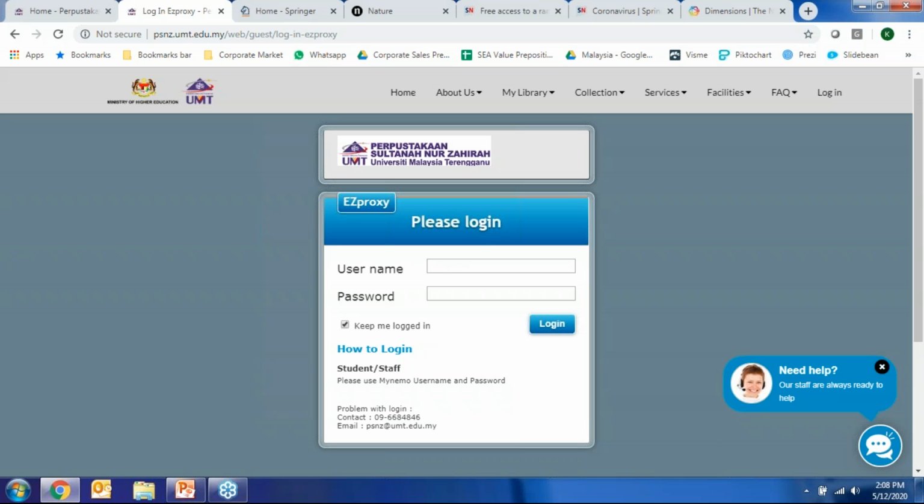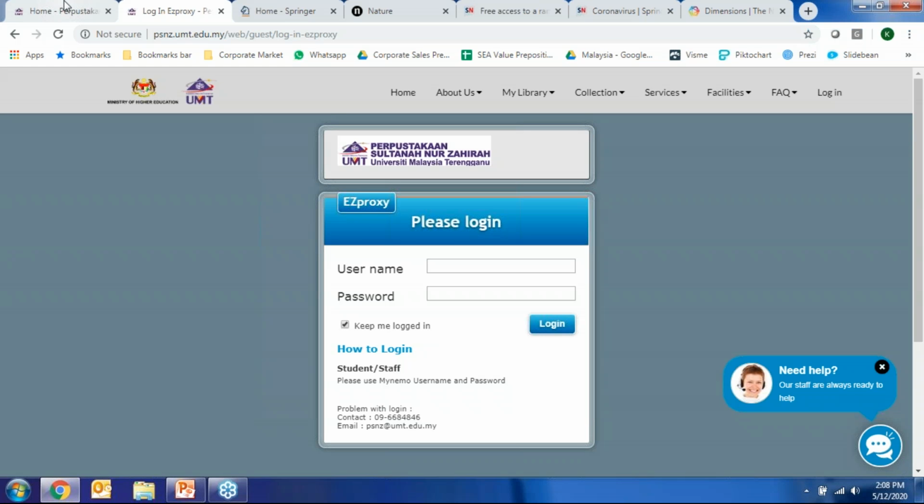There's also a chatbot over here, or if you know a librarian per se, you can always reach out to them to help you resolve these issues. And it's very important you do so, because the following steps that we are going to go on to now would not work, or would not work properly, if you do not go through this process at first.